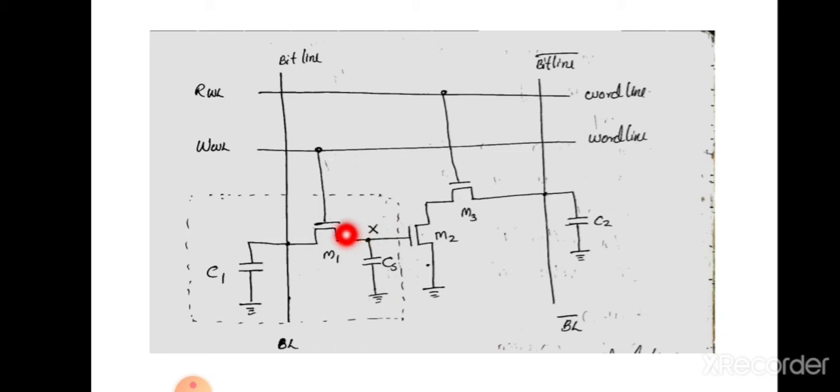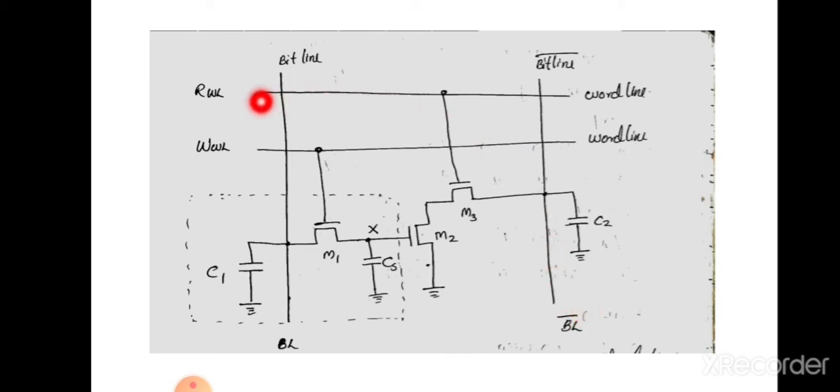And there are other capacitors, C1 and C2. These two capacitors are pre-charge capacitors, pre-charged to a value VDD, and connected to this line. What is this line? This is BL, that is the bit line, and this is another bit line. As we have discussed in various memories previously, there are bit lines and word lines, and here also there will be 2 bit lines: one is the bit line and the other is the bit line bar. We simply notate them as BL and BL bar.